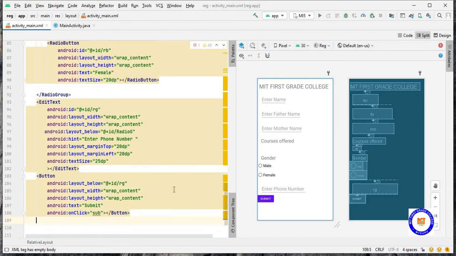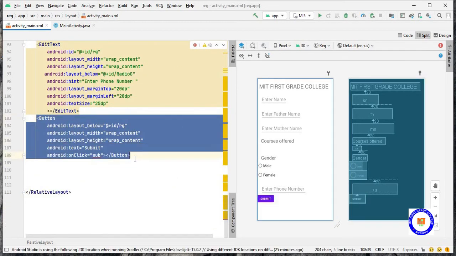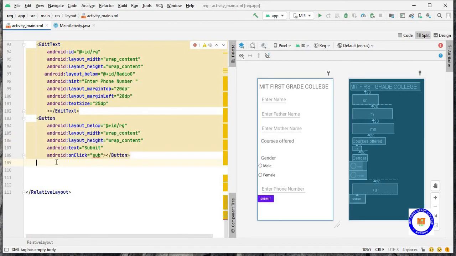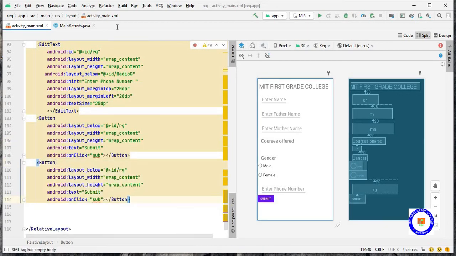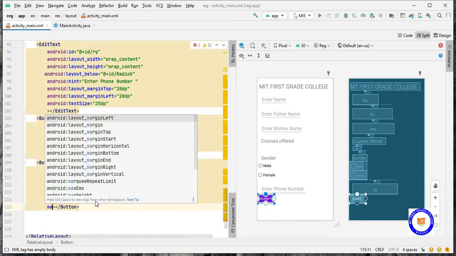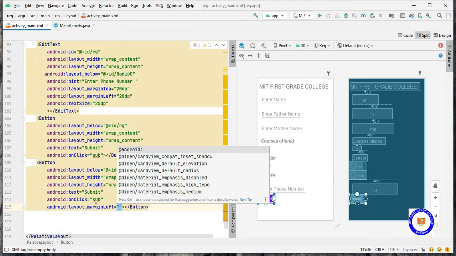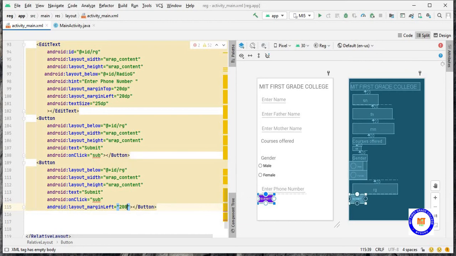Next I'll take one more button and paste it here, and I'll give the margin left as 200 dp.